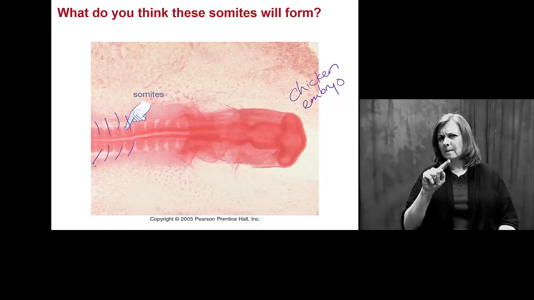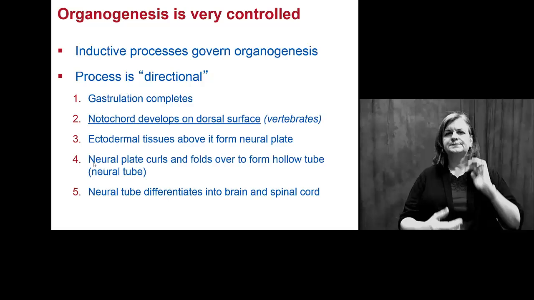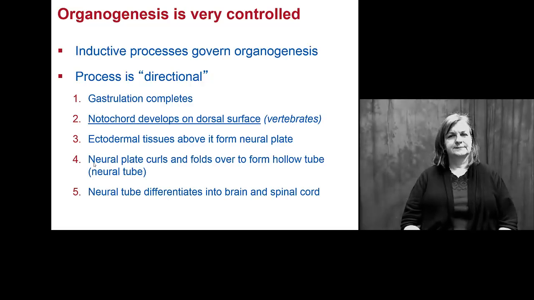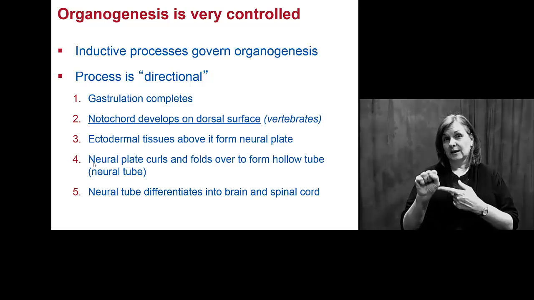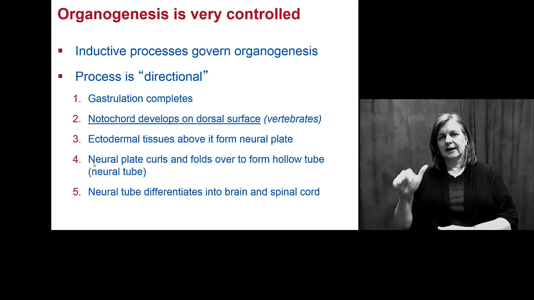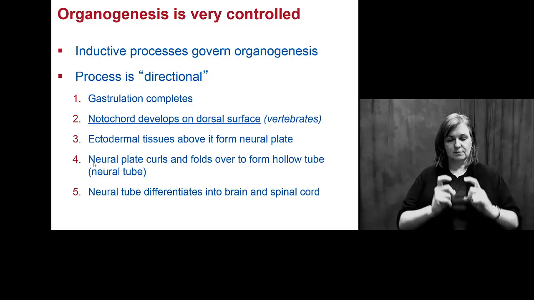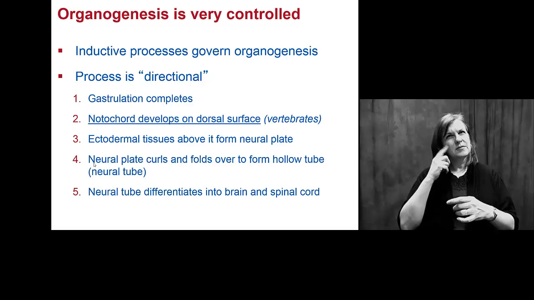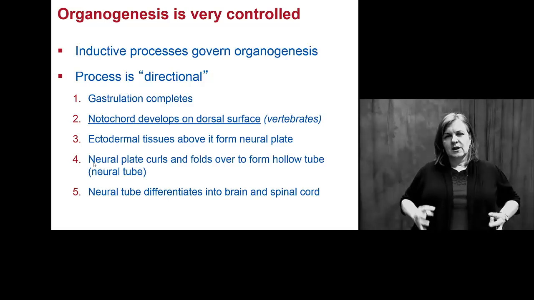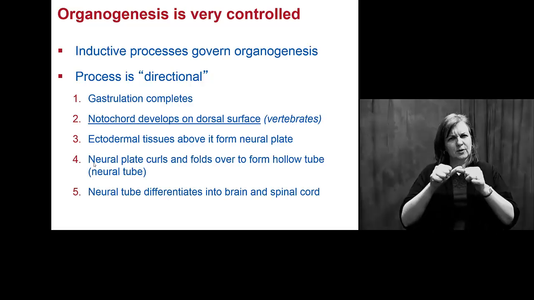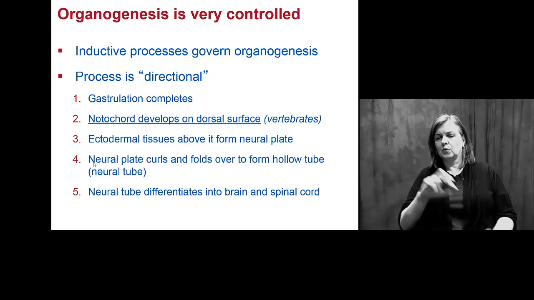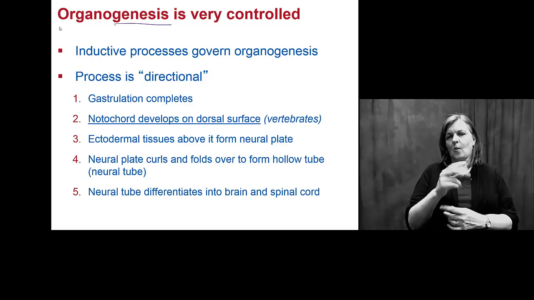What do you think they're going to become? Those somites we'll come back to and look at in a little bit, but those pairings make us think of potentially ribs. We have to keep in mind organogenesis, or the generation of new organs,